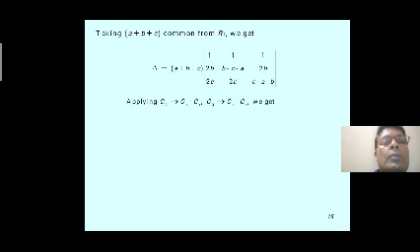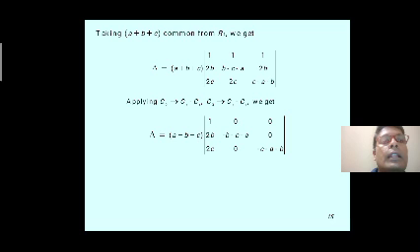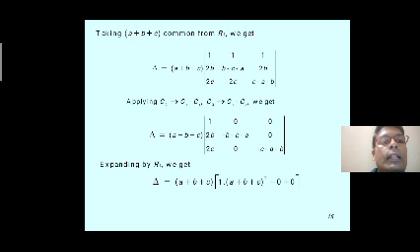Now applying the column operation, C2 gives C2 minus C1, C3 gives C3 minus C1, we get delta equal to A plus B plus C times the determinant 1 0 0, 2B, minus B minus C, 0, 2C, 0, minus C minus A minus B. Expanding by row 1, we get delta equal to A plus B plus C times, after simplification, 1 into A plus B plus C whole square minus 0 plus 0. Then we get A plus B plus C whole cube.